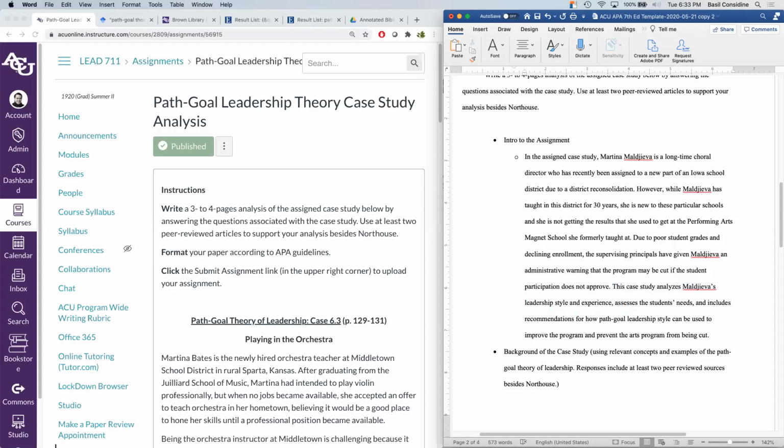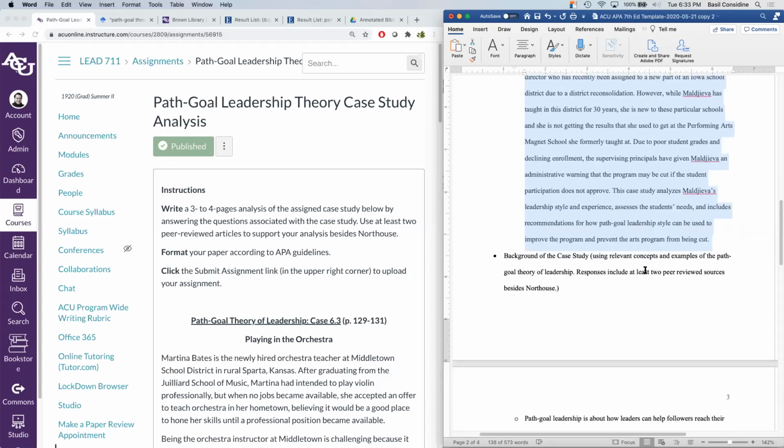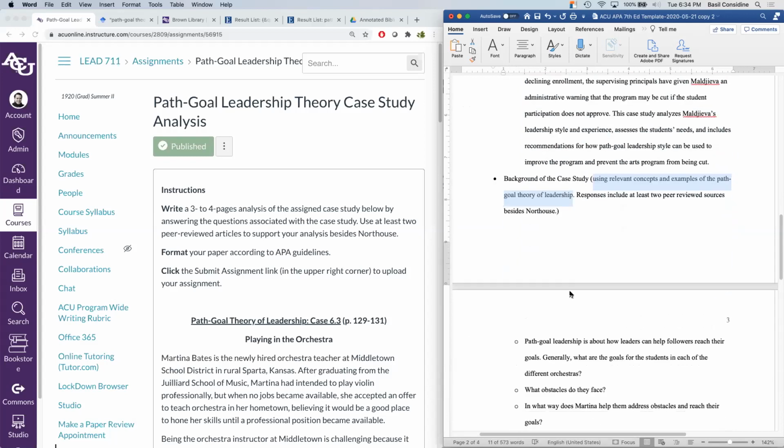That's no problem here. So in my outline, I've taken that note, introduced the assignment, and I've got a short paragraph that introduces what I have to do. Great. So I can move on to the next one and say, all right, well, I need to provide some background to the case study, including relevant concepts. So I'm not going to write all this out. What I am going to do is break this into sub-bullets where I know I need to say different things, like introduce path goal,